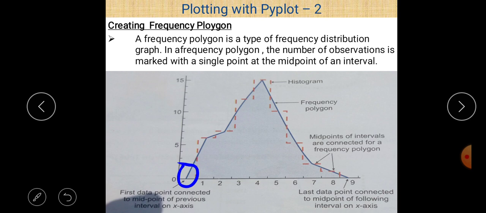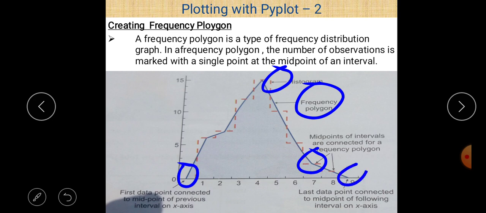This is the histogram, and this is the frequency polygon. Next is the midpoint of the interval. This is the midpoint of the interval, and that is the last point. So we just joined the different midpoints of a histogram to create a frequency polygon. That is the concept behind a frequency polygon.